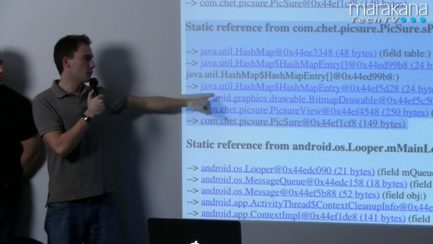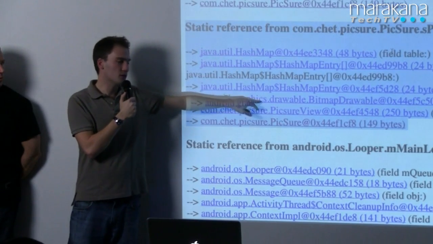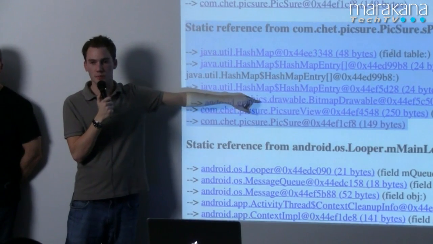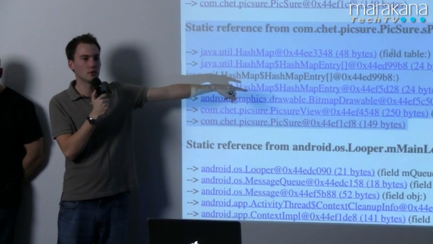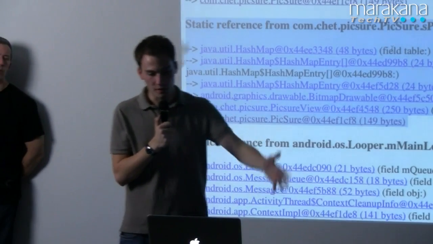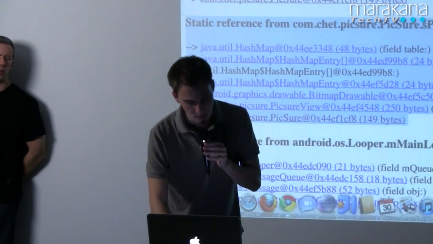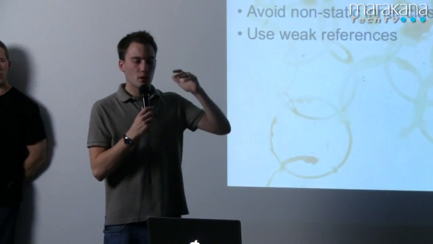So we kept all the memory that was used by the first activity. To fix that, I would have to change my hash map, my cache, so that it doesn't keep bitmap drawables but just bitmaps, or so that it somehow resets the callback to null when we destroy the activity the first time. This is a very difficult topic. There's a lot to say about memory leaks and on how to track them. There are some